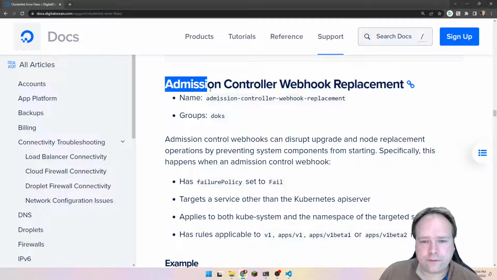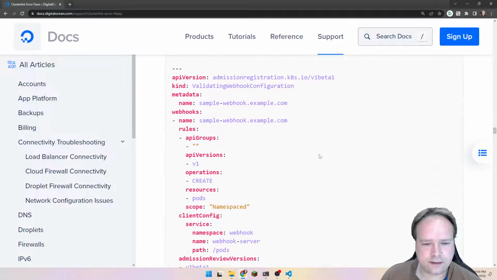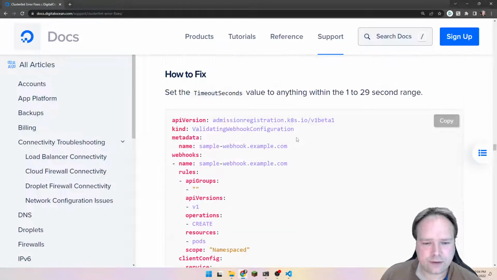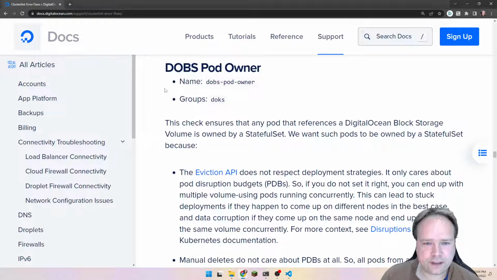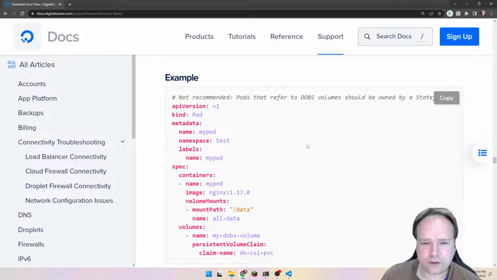Then we have, yes, what is that? There's also something I actually don't understand, so I'll just continue. Regarding this admission, again, admission control, that is not something that I've looked that much into. Dubspot, oh no, that's DigitalOcean. Not recommended. Pods that refer to Dubs volumes